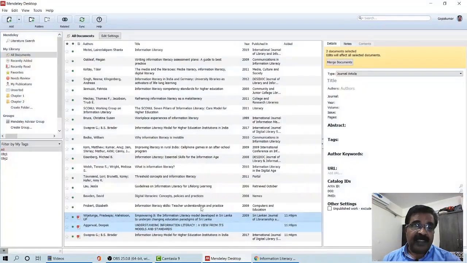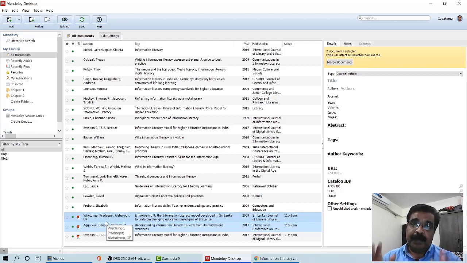Now let us see whether those 2 are now added there. This way the folder will act as a place where you accommodate whatever you want to put into your Mendeley desktop. Very important facility, and it helps you to organize things in a very systematic manner. And now you can click on the sync button.